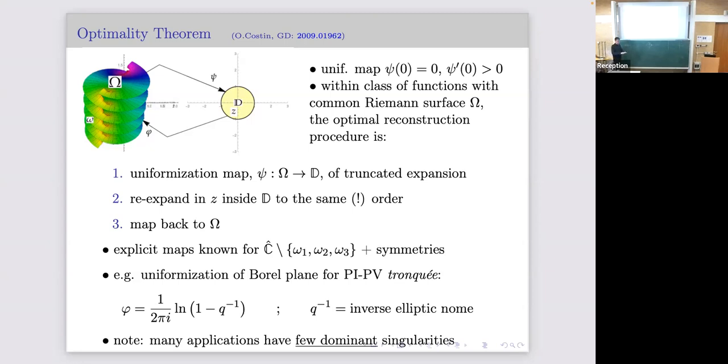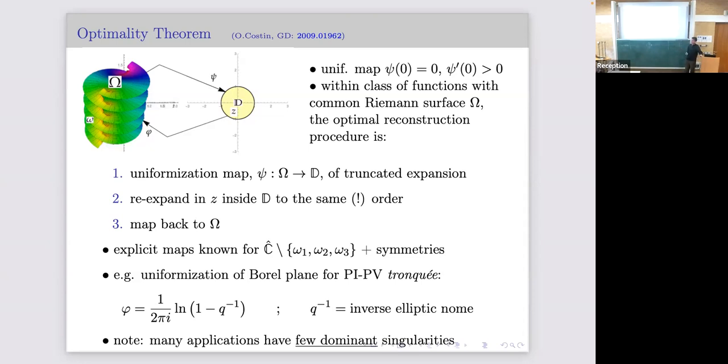I'm just going to work in, if you like, the Borel plane, because I don't want this just to apply to asymptotic theories. This should apply to problems like in statistical mechanics. We want to find the location of a critical temperature, work out the critical exponent. So the function you're dealing with is a convergent expansion. So you either apply it in the physical domain. So imagine your function lives on some Riemann surface, which you may not know.